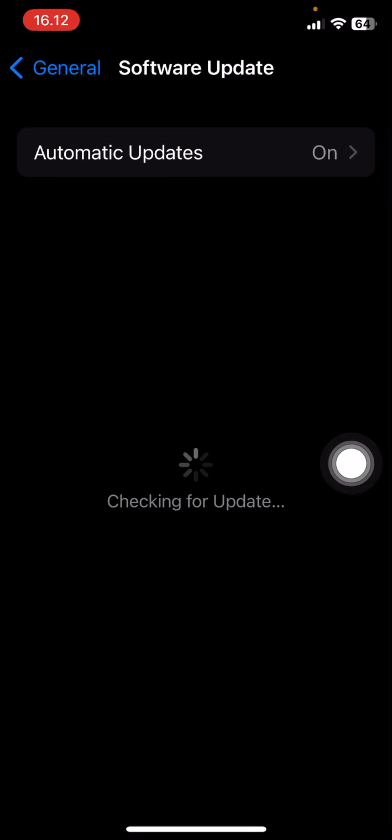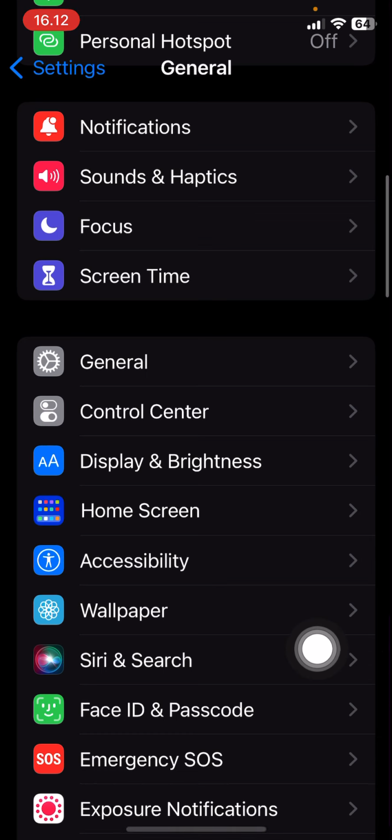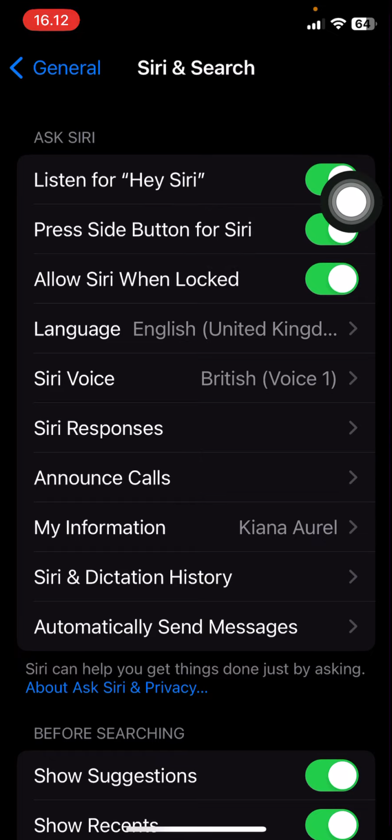I'm just going to go back to general here. Then we are going to go to Siri and search, and make sure you have everything enabled. So if you disable it and enable it again, they're going to tell you to say hey Siri again